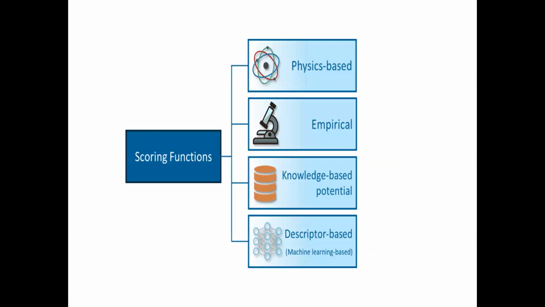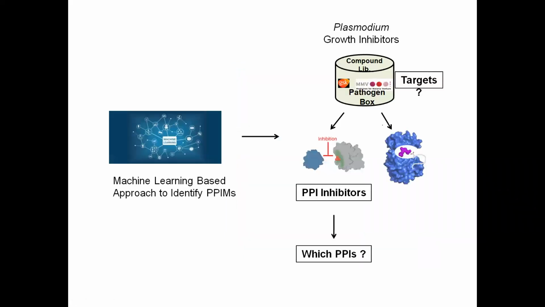Now, coming to the scoring functions, some could be physics-based, some could be entirely empirical, some could be knowledge-based potentials. That means you analyze a lot of crystal structures, like Urmila gave an example of during her talk, and see what types of interactions are favored in the crystal structures, which atom types prefer to be in contact with which other atom types, and those are called knowledge-based potentials. And of course, now you have machine learning-based descriptors. So whether you are going for a structure-based method or this one, finally it comes down to how you frame your scoring function. In machine learning, you have reframed your scoring function in a slightly different way in terms of the structure-based approach. Now our goal here, whether it was for Plasmodium, where we were looking for PPI inhibitors,